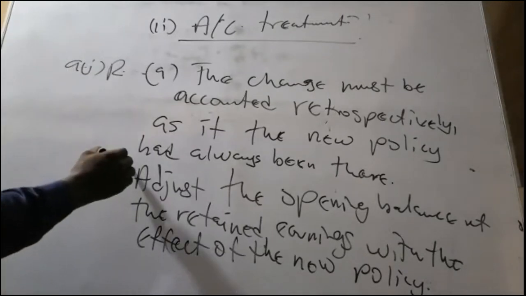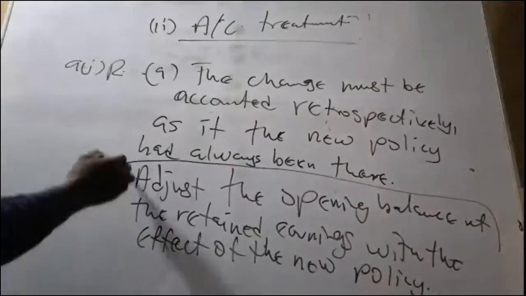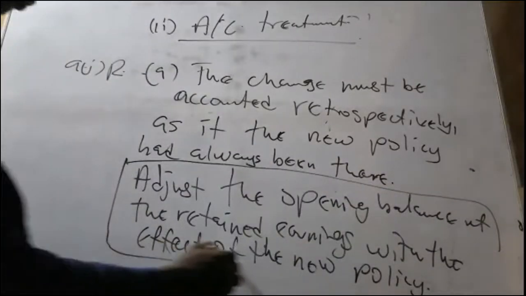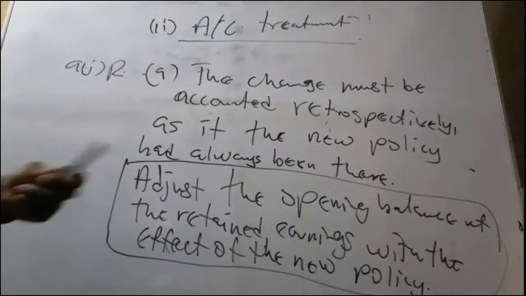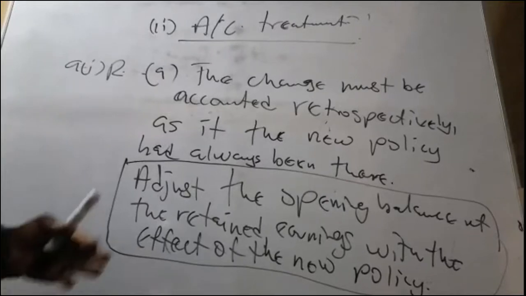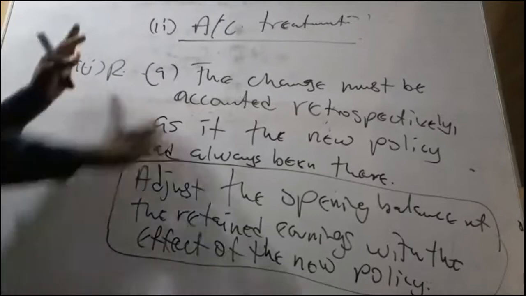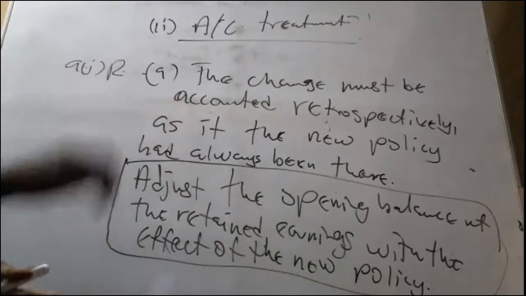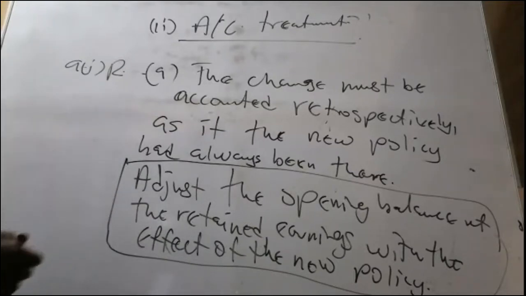Just adjust the opening balance of the retained earnings. That's all. So that's the meaning of retrospective application. Very important: adjust the opening balance of the retained earnings. That is retrospective application. This one is just 1 point. Point number 2: apply the new policy in the current